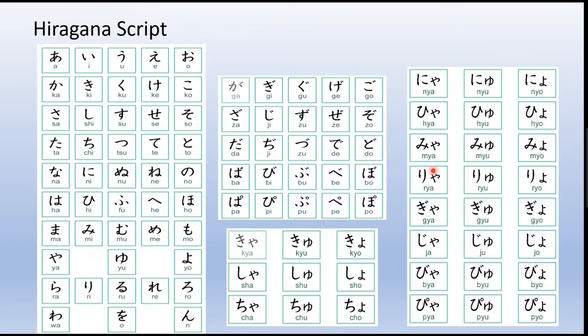The hiragana script. As you can see here, these are the hiragana alphabets, and the first line is the vowel line a, i, u, e, o. Then we have ka, ki, ku, ke, ko, sa, shi, su, se, so, ta, chi, tsu, te, to, na, ni,